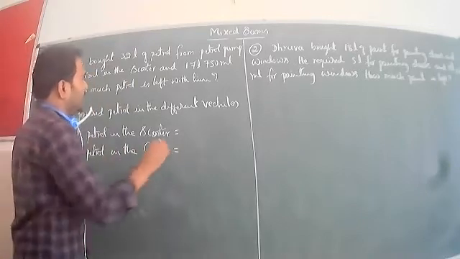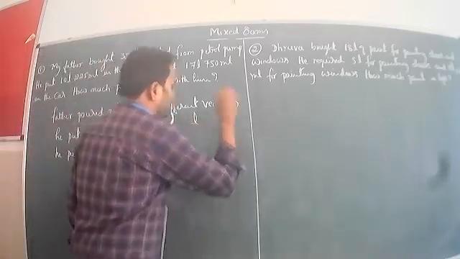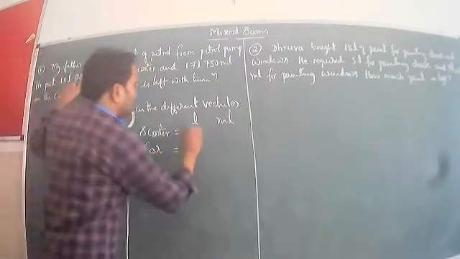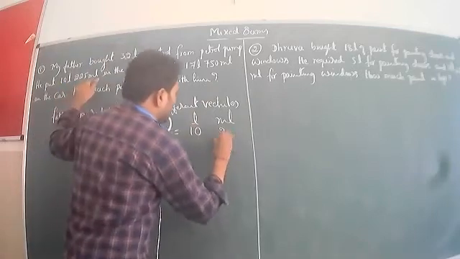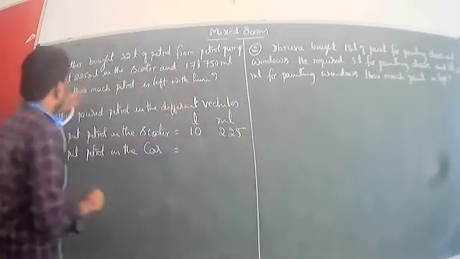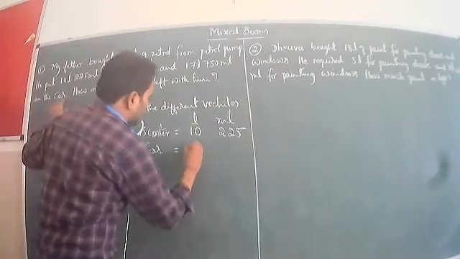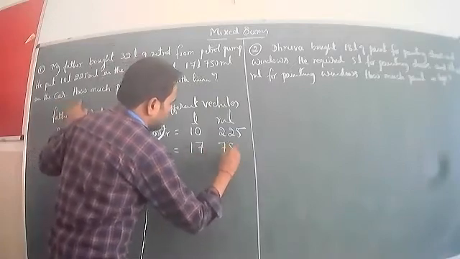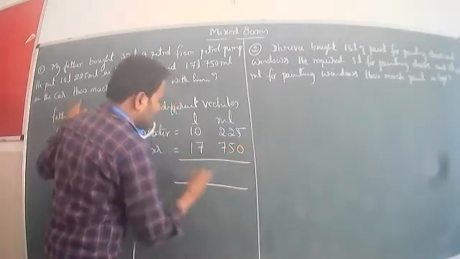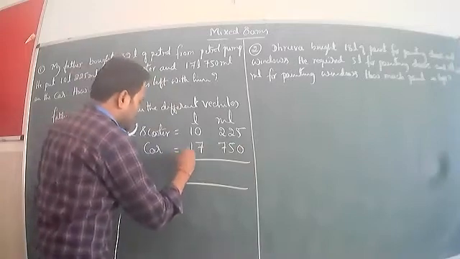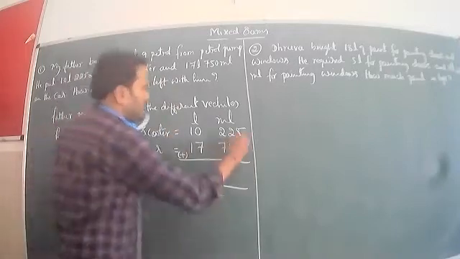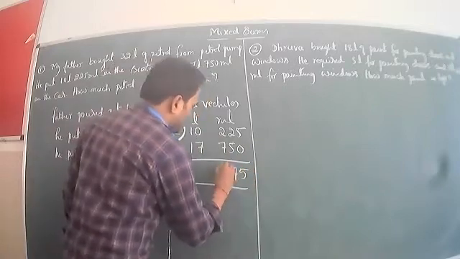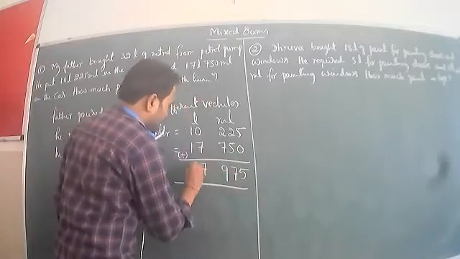First we take the units, liter and milliliter. These are the units. So how much petrol in the scooter? 10 liter 225 ml. Then how much petrol did he put in the car? 17 liter 750 ml. Then we do addition. 5 plus 0 is 5, 2 plus 7 is 9, 7 plus 0 is 7, 27